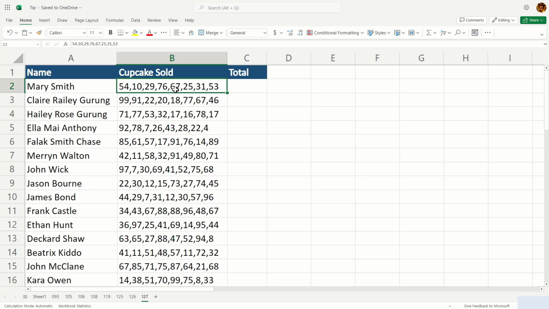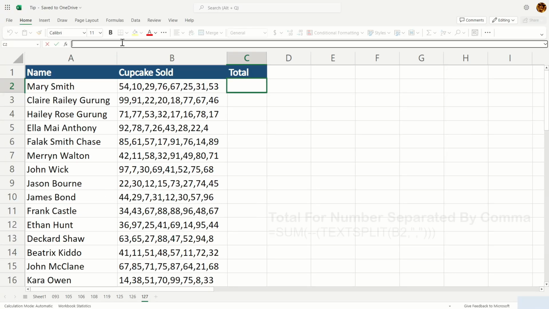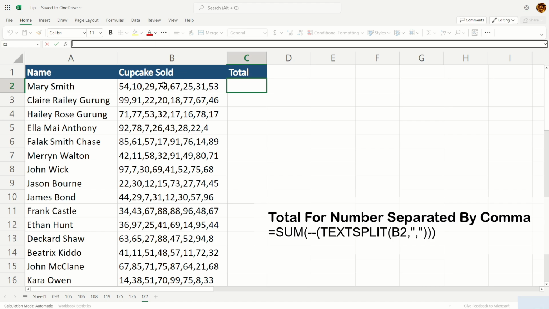Someone asked me a while back, how do you add all these numbers which are separated by comma? So this is what you have to do. First, you're going to have to split this string into an array using a function called TEXTSPLIT. The first argument for TEXTSPLIT would be the cell itself, and the second argument would be the delimiter, which is